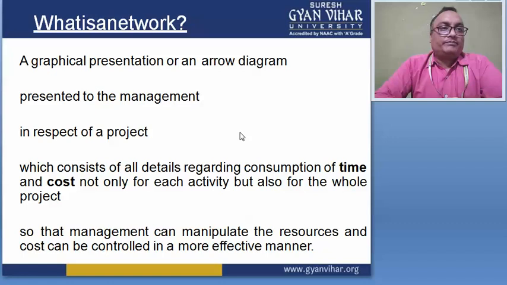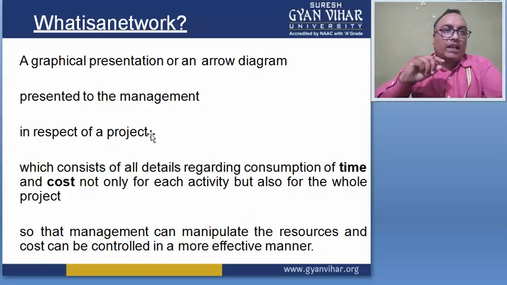So this diagram is very useful for higher persons only. Higher means management persons only. This is not used by the lower category workers, right? So the main objective of this network diagram is to reduce the cost of the product and reduce the time also. With the help of network analysis, it reduces the time and cost of this product.